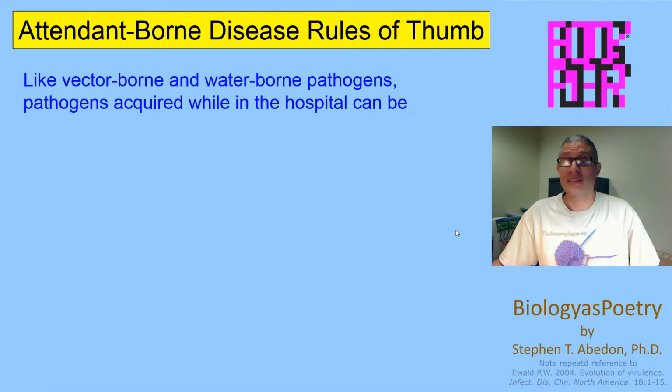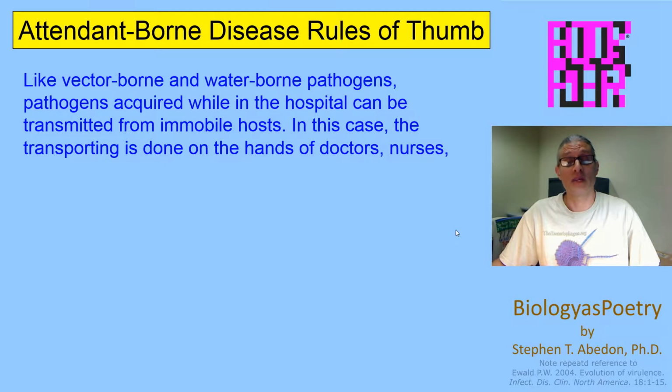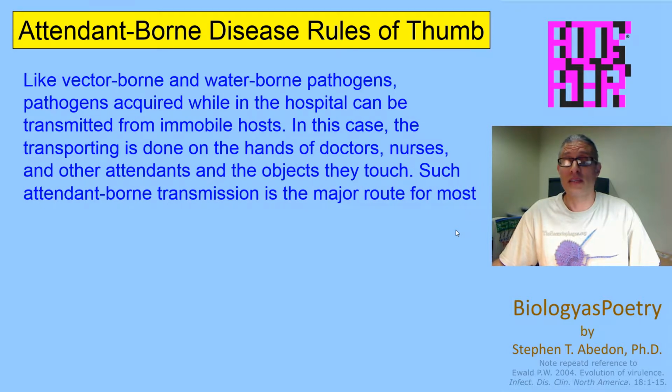We can also talk about attendant-borne diseases. So attendants would be individuals that work in clinics and attend to patients. So like vector-borne and waterborne pathogens, pathogens acquired while in the hospital can be transmitted from immobile hosts. In this case, the transporting is done on the hands of doctors, nurses, and other attendants and the objects that